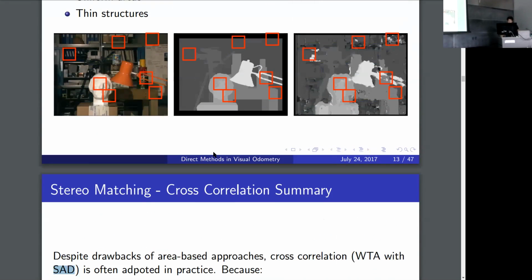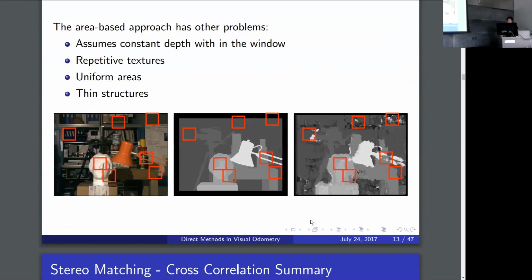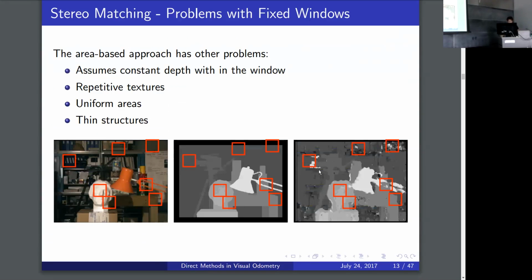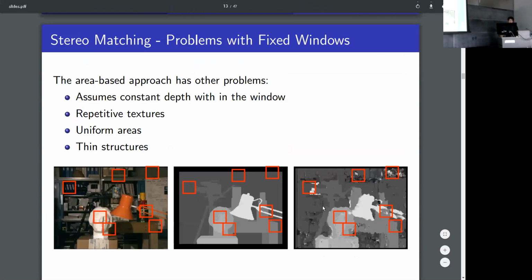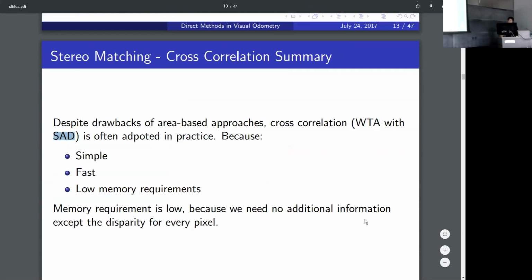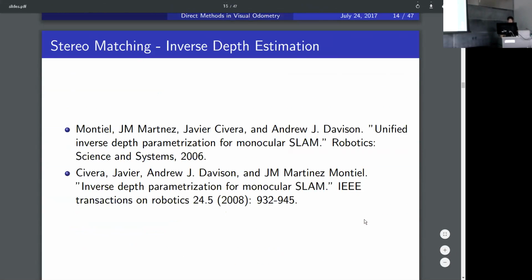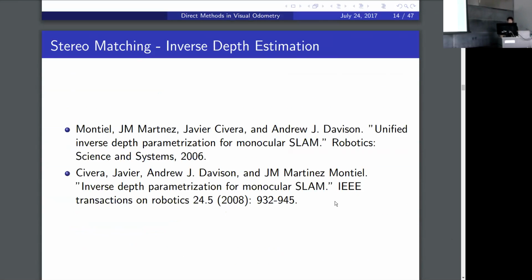I talked a lot about stereo matching. That's because from stereo matching, in the monocular VO example, we could imagine that we take two different camera frames, and from that small baseline, be able to emulate stereo matching and work out the depth of the scene based on the two images captured by the monocular camera. And there's a bit more to it, which I didn't have time to cover, which is inverse depth